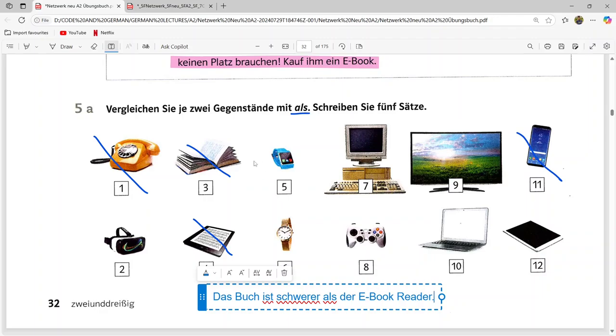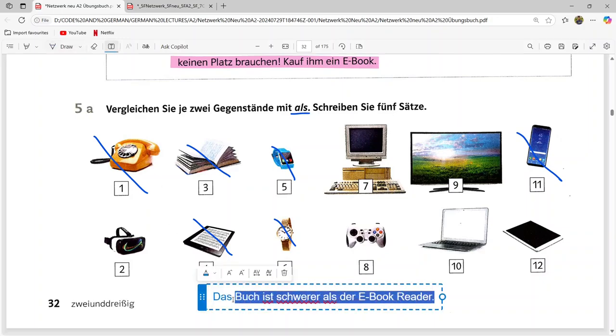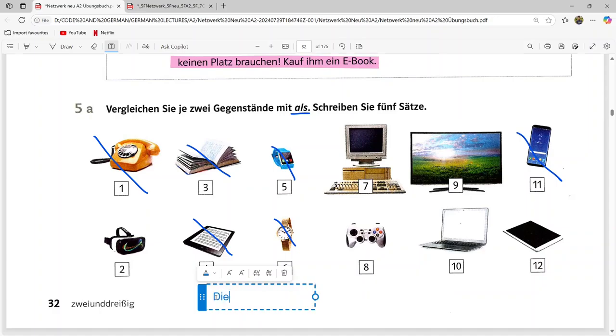Next one is, we can compare this with this. This one is Uhr and this one is Smartwatch. Okay, so let us try to write the sentence. Die Uhr ist schöner als die Smartwatch. So the normal watch is more beautiful than the smartwatch. Okay,